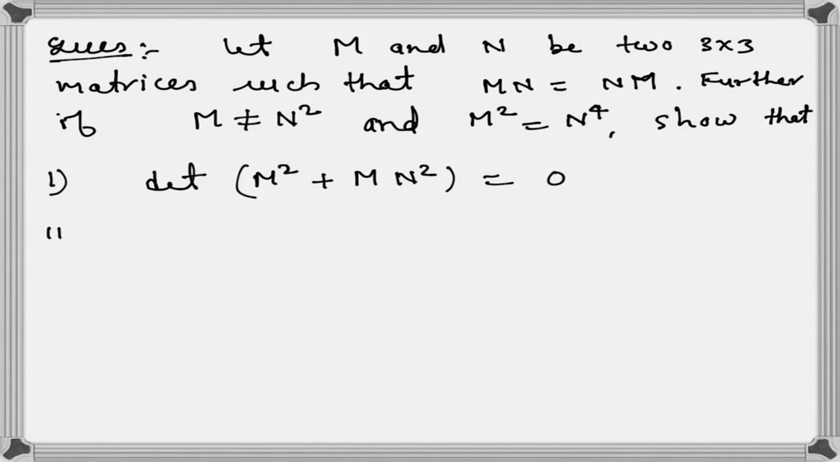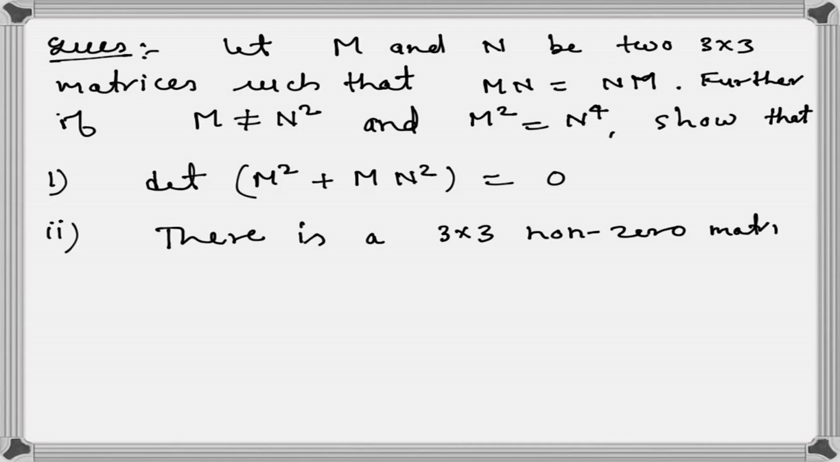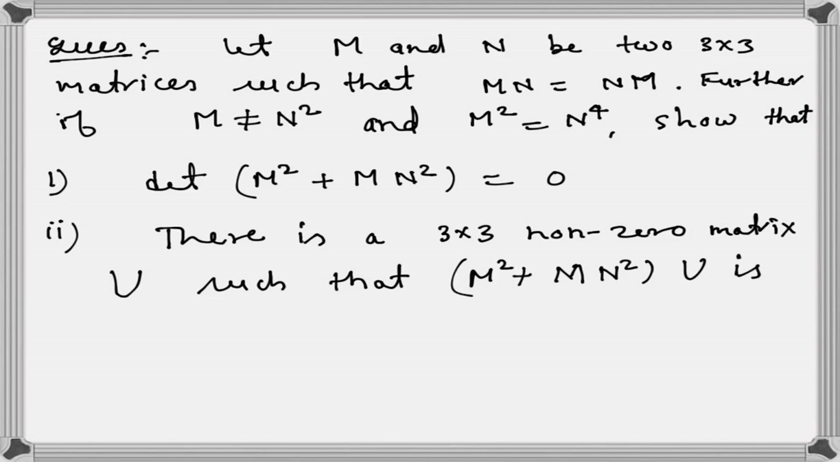The second part is there is a 3x3 non-zero matrix U such that M square plus MN square U is the zero matrix. Okay, so let's solve this problem. Answer: